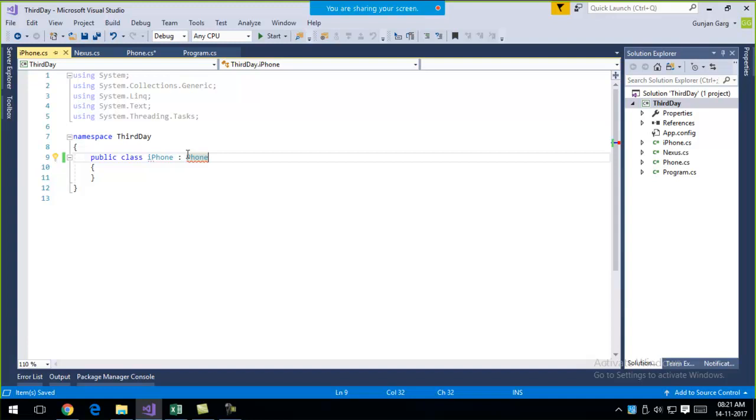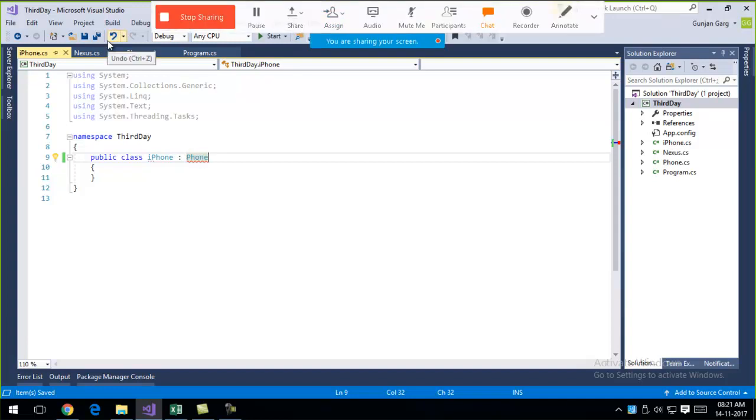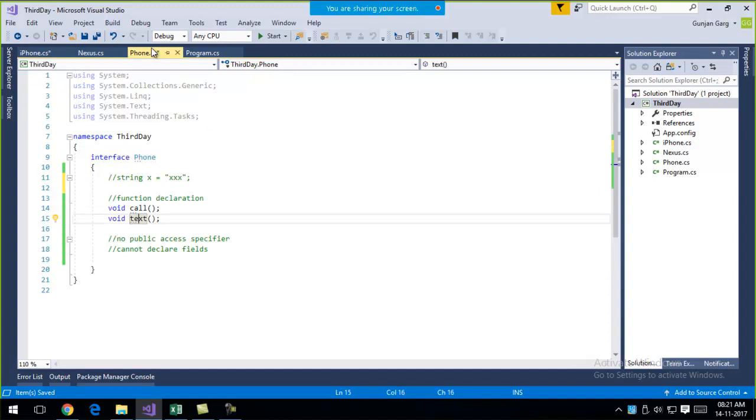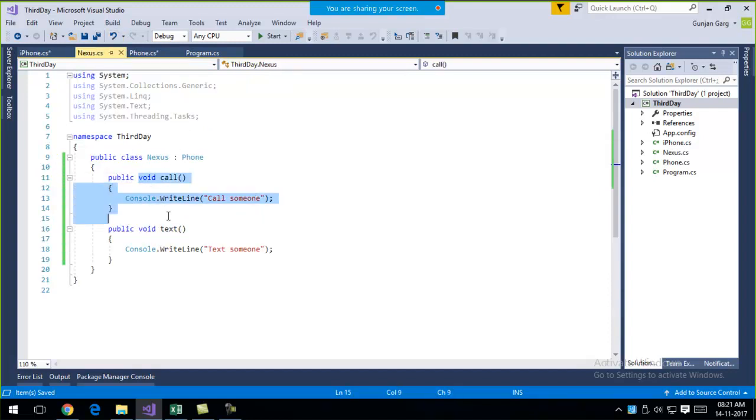Okay, and then this iPhone class has to implement the two functions declared in the phone interface. So then we will have to implement the two functions. Either you can write them on your own, as we have done in the case of the Nexus class,